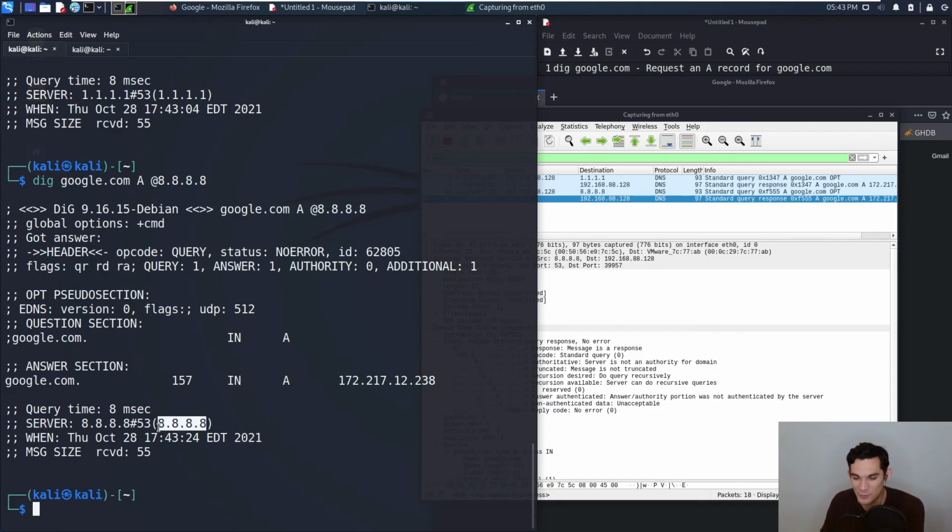If I have issues connecting to a website, I want to figure out, is it DNS that's not working, or is it that I don't have internet at all? Sometimes if you try to go to google.com and it's not loading, it might not be because you don't have internet connection. It could be because you can't resolve their website records, their DNS records.